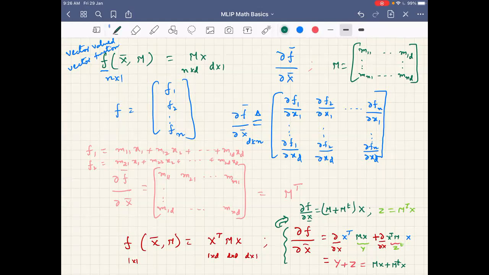Yeah, in fact, if we strictly want to prove this, what I'm doing now is a shortcut. This is not a systematic procedure as such. If you want to strictly do that, we should expand these things and get the function in terms of summation. So X transpose MX will come in the elements of M and in the elements of X. Then you will get a double summation and so on, since this is a scalar valued function, and then you should differentiate with respect to X based on the definition. Then also you will get the same answer, but this is a simplified way of doing it.